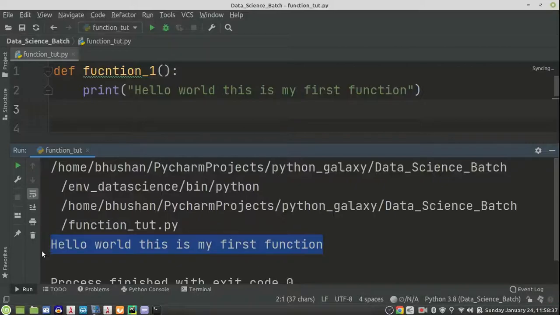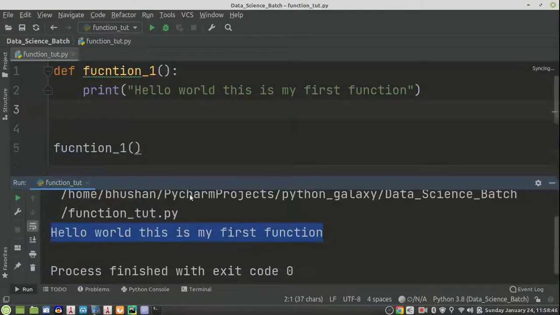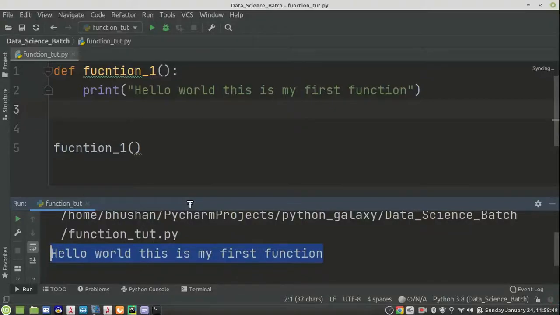Here we called the function, but this function is without an argument. Now if we go with a function with an argument, then we need to write something here. As I already told you, if you are from a C or C++ background, you need to bother about the function prototype and obviously the data type of the argument.